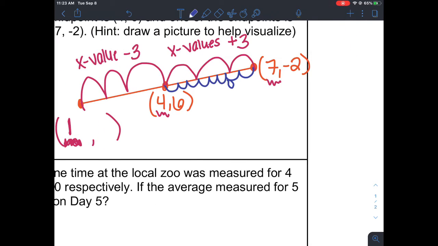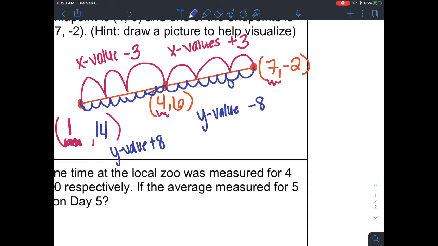Okay, 8 units apart. So then I'm also going to go, so this was y value. We subtracted 8 because -2 is less than 6. So on this left-hand side, y value plus 8. So I'll add 1, 2, 3, 4, 5, 6. You get the gist. That's 8. It's not really, because I did a terrible job drawing that. But we're adding 8 to 6, so we get 14. So my second endpoint is 1, 14.